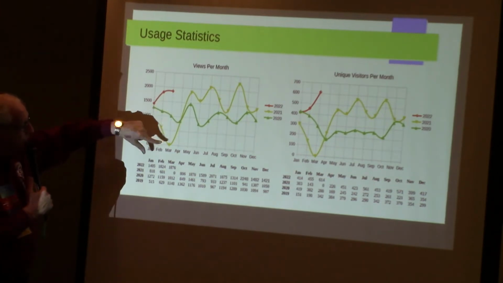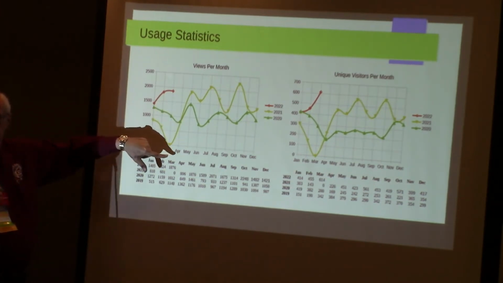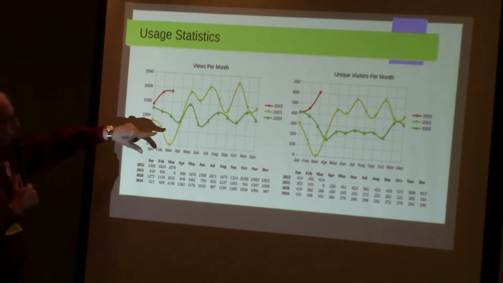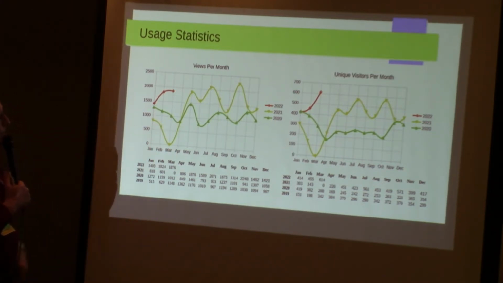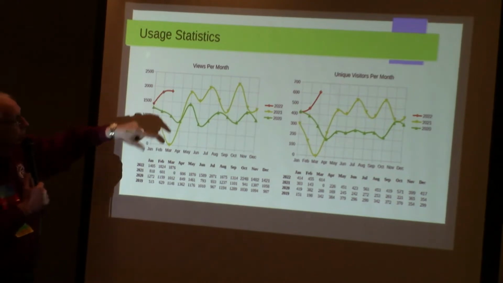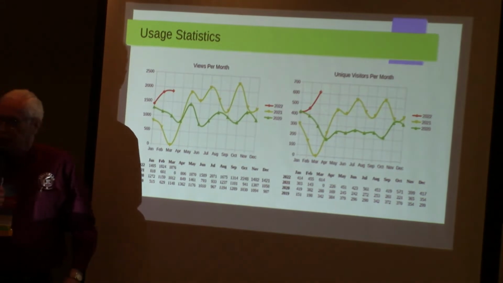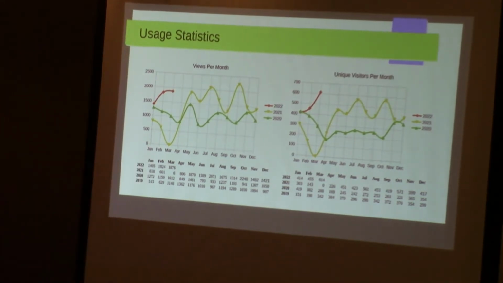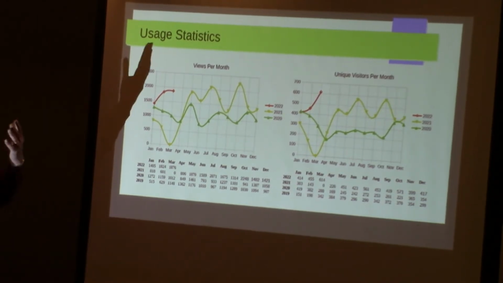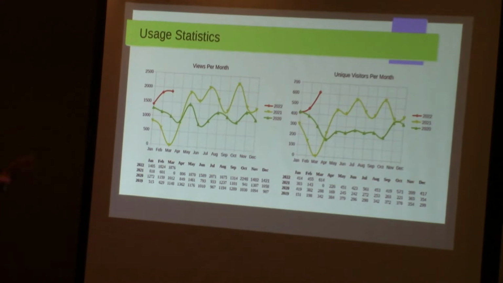So these numbers don't really mean anything. And actually, we stopped it entirely for a month. And then these numbers are sort of partial months. But you can see where we're starting in 2022, things are starting to ramp up. So again, we can kind of see what's going on in the square dance world just by watching those graphs. You can get an idea of what people are looking at and how many people are looking at things. So I look at those curves as being kind of hopeful.